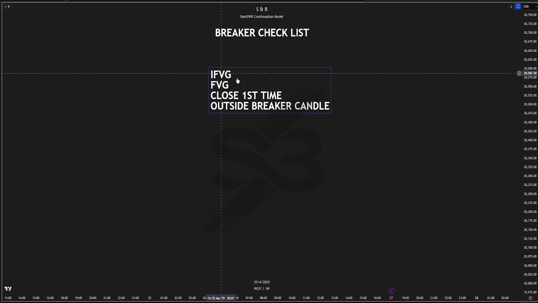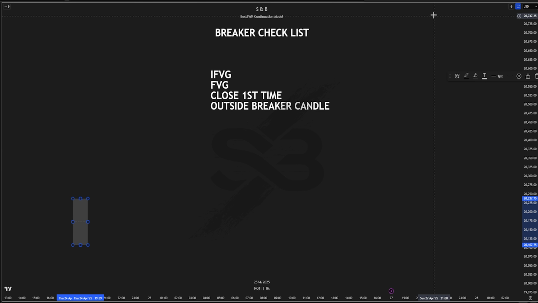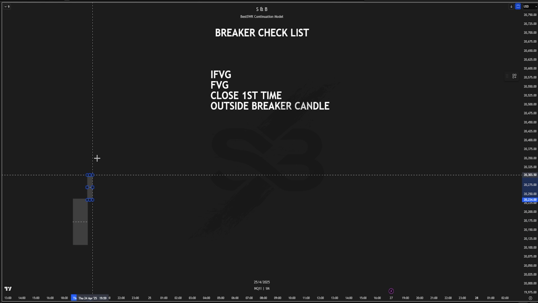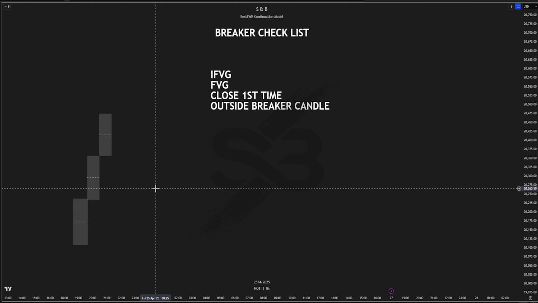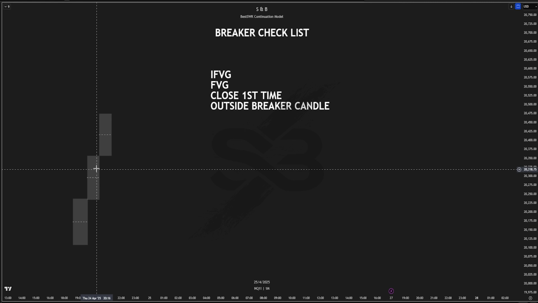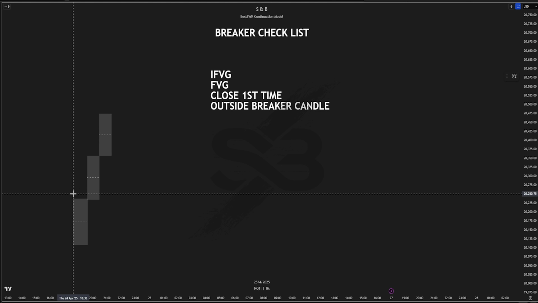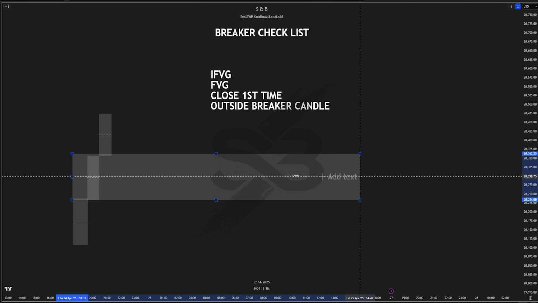So going from the IFVG, an IFVG is just an inverse fair value gap. If you don't know what a fair value gap is, you can look it up on YouTube. I also made a quick video about it. You can go and check that out. But basically, it's just a pattern formation between 3 candles, where this is candle 1, 2, 3, and between candle 1 and 3, there's just a gap where these candles don't overlap with each other, and that is called the